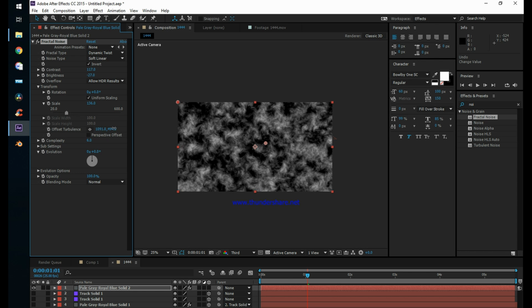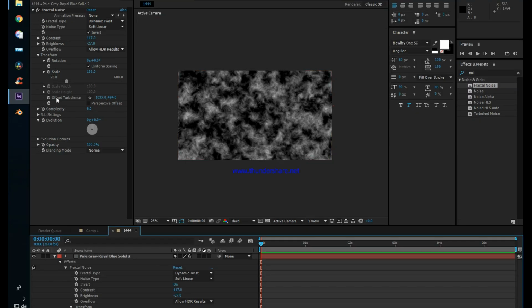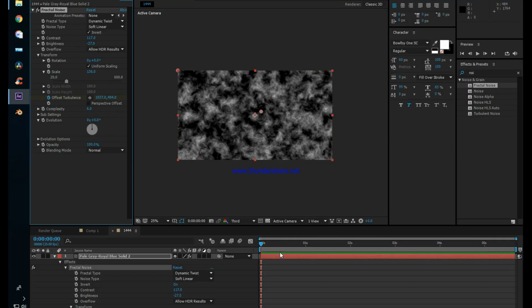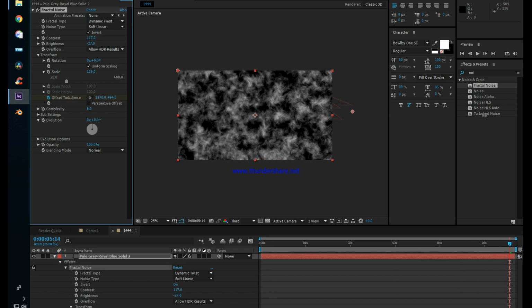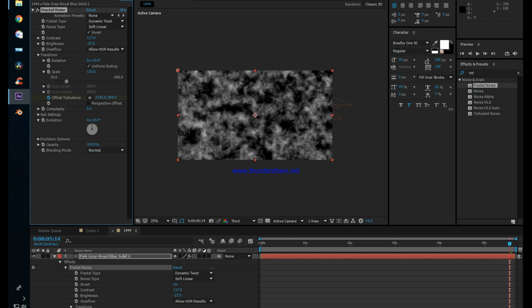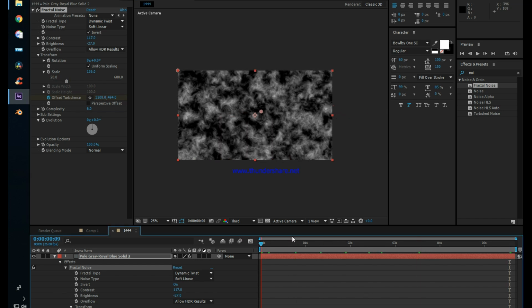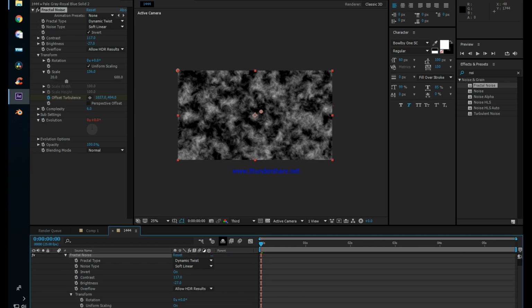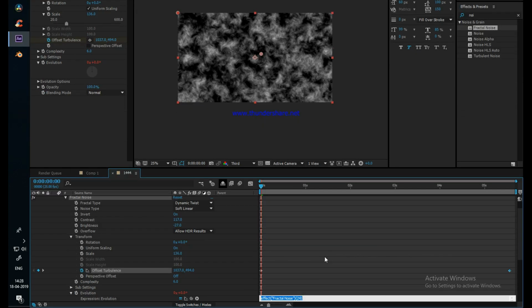and from here we're going to set a keyframe, and let's go to 10 seconds and we'll make it like that really fast. Okay, so now when you play it's going to set like that. And again what we'll do is to play around with this evolution. So in evolution we'll set the expression, so the expression is going to be time